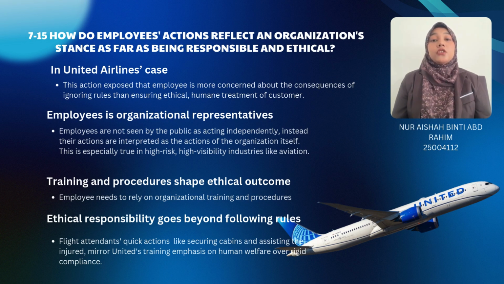Ethical responsibility goes beyond following rules. Flight attendants' quick action like securing the cabin and assisting the injured mirrors United's training emphasis on human welfare over rigid compliance. In the incident, one attendant suffered a broken arm, yet the team maintained order, which shows a culture that values life alongside rules. This response built trust, contrasting past ethical lapses like the 2017 passenger removal. In the United Airlines incident in 2017, employees applied company rules to remove passengers from an overbooked flight, while the action followed